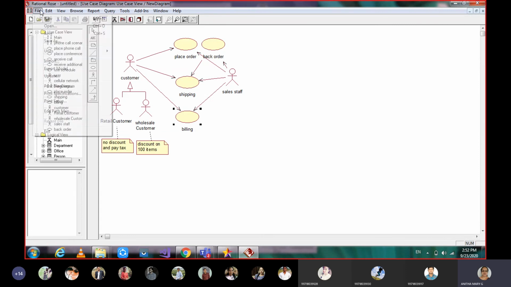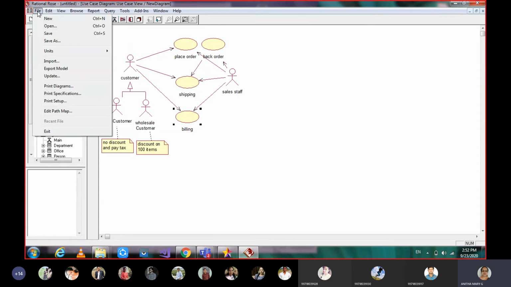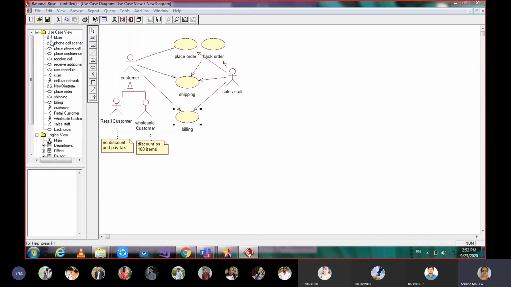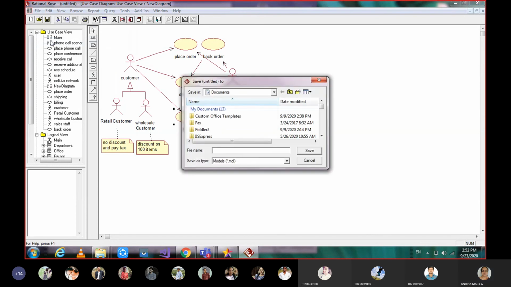Okay, and we can also save these diagrams as, so save as, wherever you want the location you can give. But if you can see here, you are going to save it as .mdl. MDL means it's a model. Always from the beginning I am telling you the diagrammatical representation of the logical things what we are talking is called a model. Every diagram is called a model in UML.